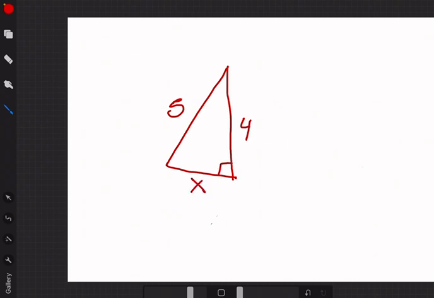Alright, so for this triangle, this side is going to be 5. This side is 4. This side is x. So we're solving for x again. So this time we know that 5 is the hypotenuse. So remember our formula is a squared plus b squared equals c squared. So if 4 is a and x is b,